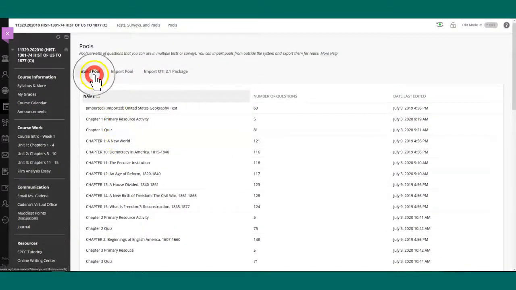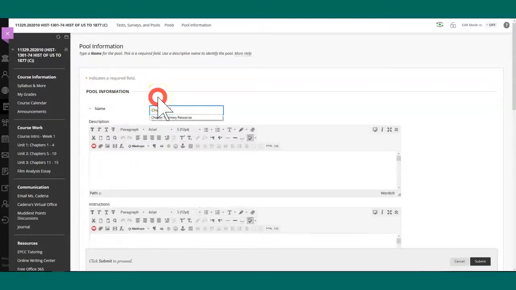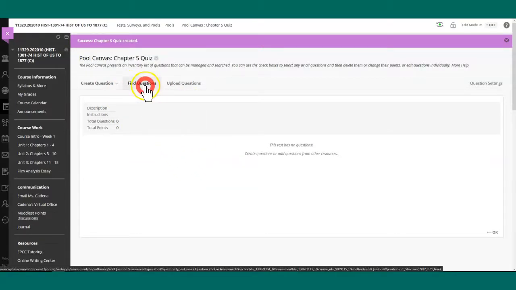I'm going to go to Build Pool, give it a title, Chapter 5 Quiz. Let me correct my spelling there. I click Submit, the bottom right hand corner. I have my empty canvas. Now I want to bring those Chapter 5 quiz questions into this pool canvas. So I go to Find Questions,